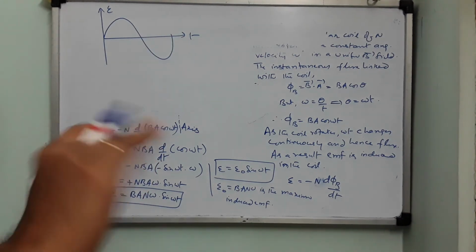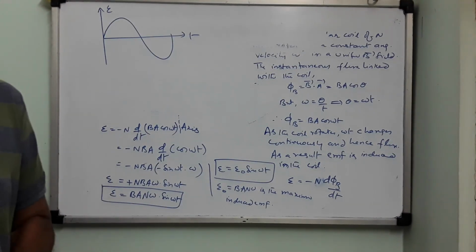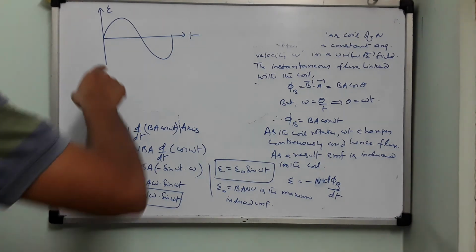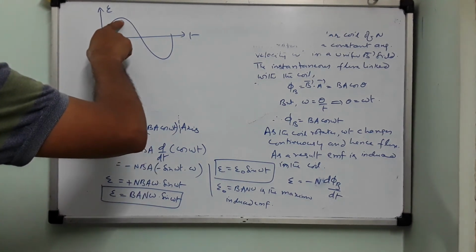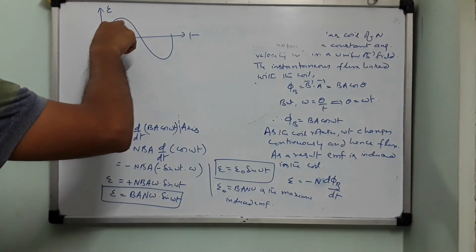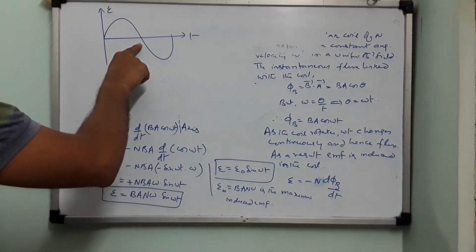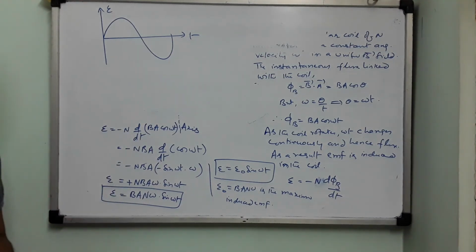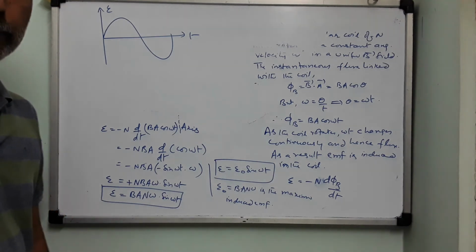So in one full rotation, the current induced in the coil, first it will gradually increase and reach a maximum value, and then it will decrease. Okay, and then it will increase in the opposite direction and it will become zero. Current does not flow like this as the graph is showing, children. It is only the variations in the magnitudes.